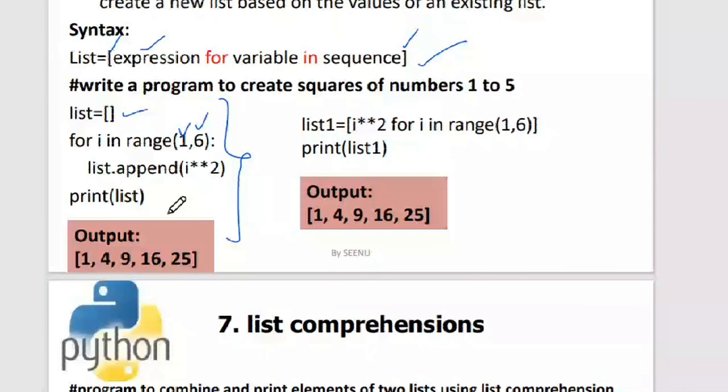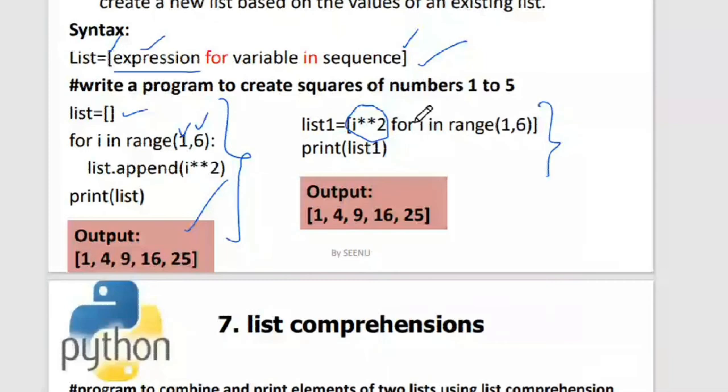Now to understand why list comprehension is an advantage, just look into these 2 lines of code over here. I can simply give this computed expression. That's what we are talking about, right? Computed list. I can give any expression over here, and then I can give the for loop over here.